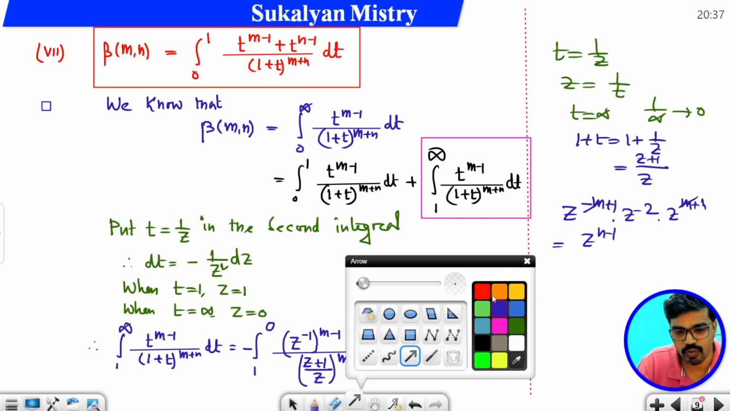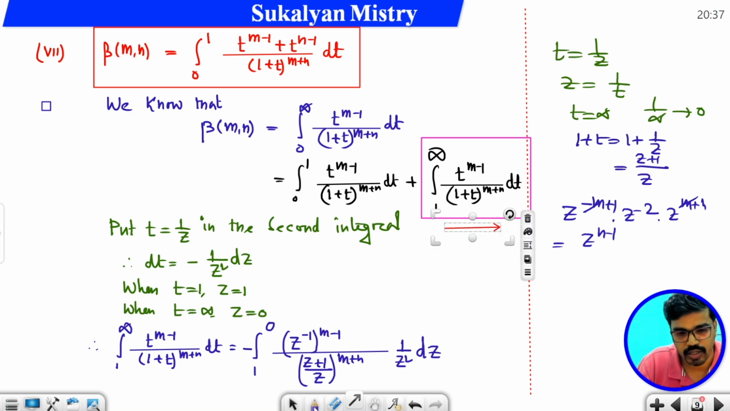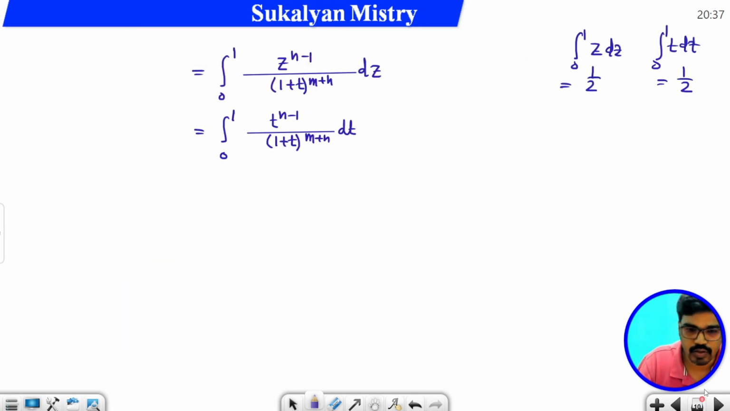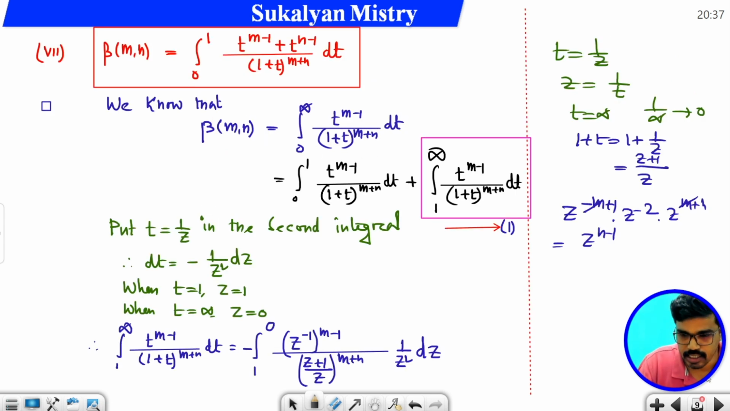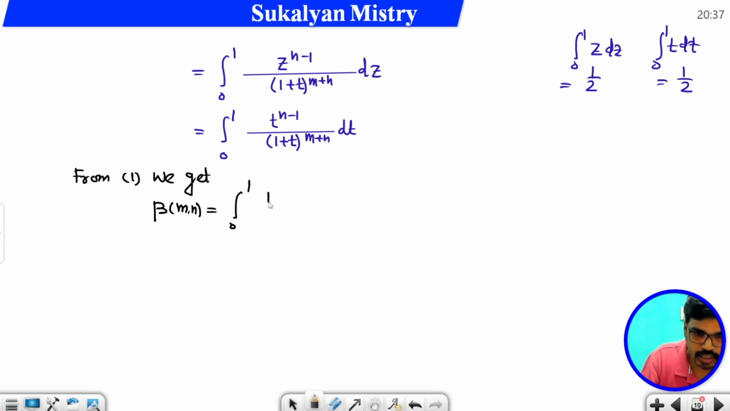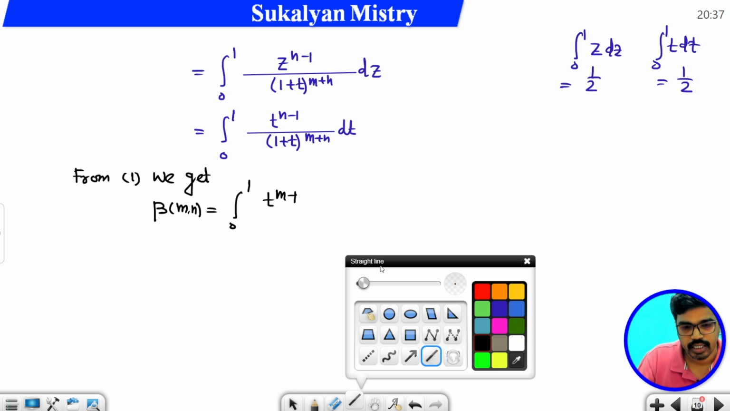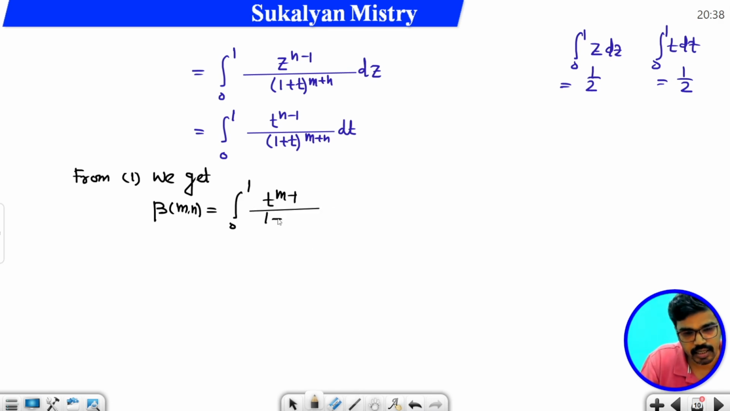Suppose this is equation 1. From 1 we get beta m comma n equal to integration 0 to 1 t to the power m minus 1 divided by 1 plus t to the power m plus n, plus the second integral, which I have got: integration 0 to 1 t to the power